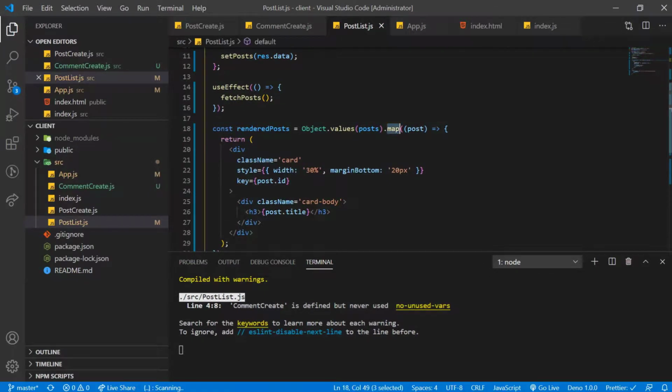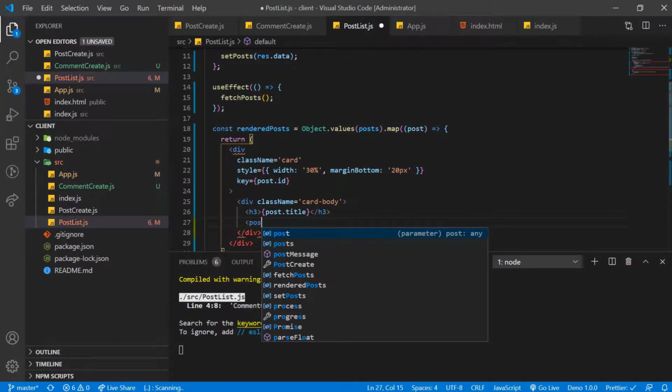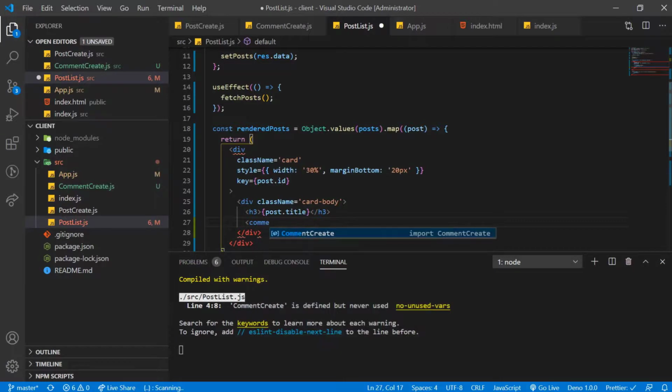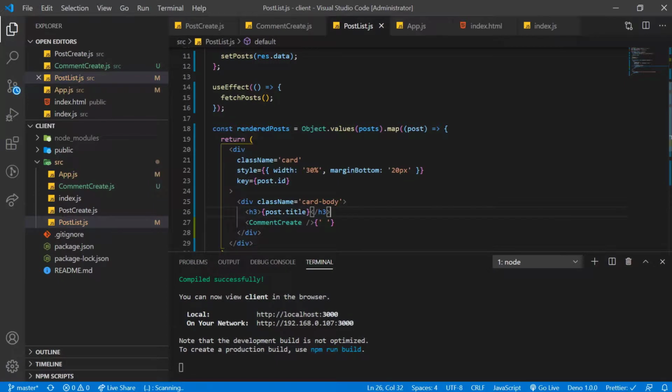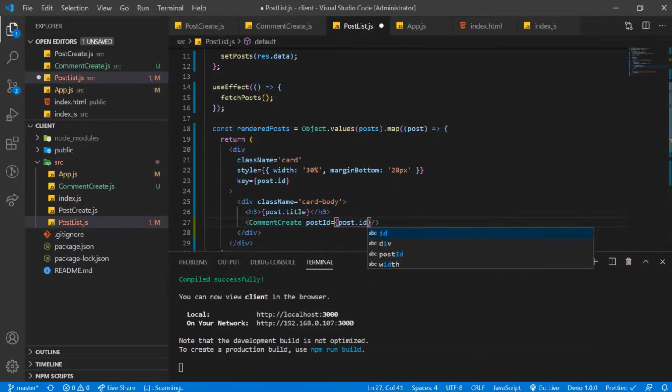Now inside this map function, after the h3 tag, let's place our new component. I hope you guys still remember that postId is the required attribute, so we have to pass it here, like this. Let's save all the changes and switch back to the browser.